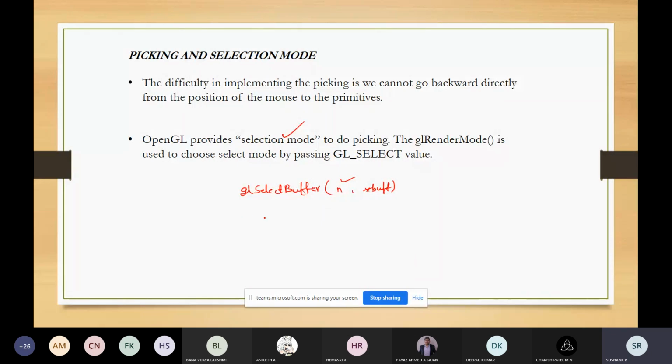And we have glInitNames, which will initialize the name stack.